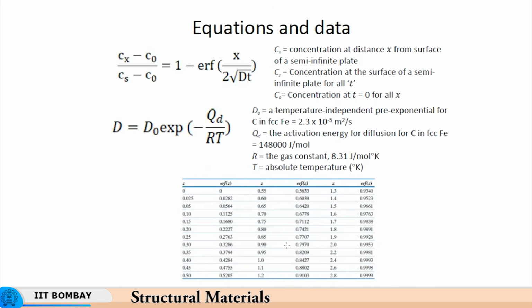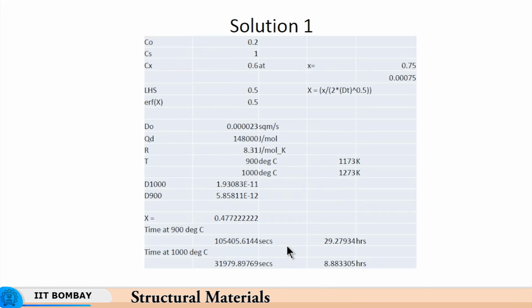Our unit for time is seconds, because in the equation, based on our calculation, x, which is the small x, is taken in meters, and D is the diffusion coefficient, which is taken as meters square per second. So when time is taken in seconds, it makes the argument of the ERF dimensionless. So x in meters and time in seconds makes this capital X dimensionless, and so based on that we have the value of time for 900 degrees centigrade as so many seconds, which means it is more than 29 hours